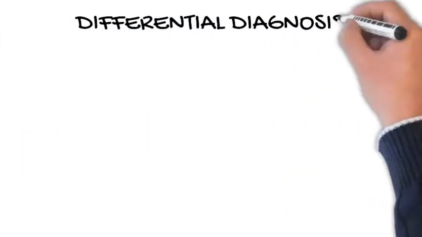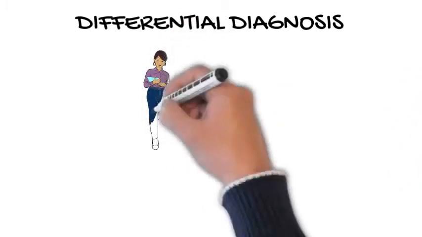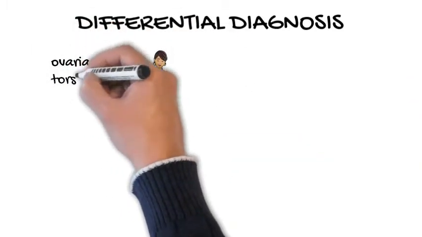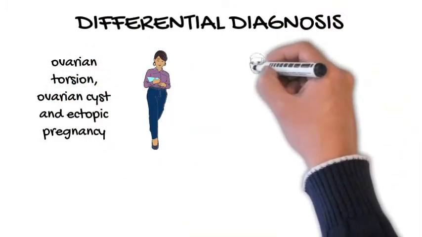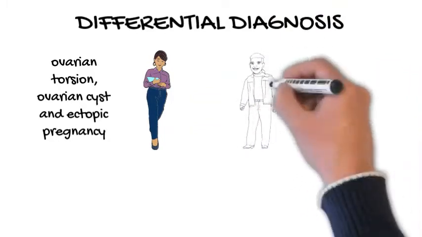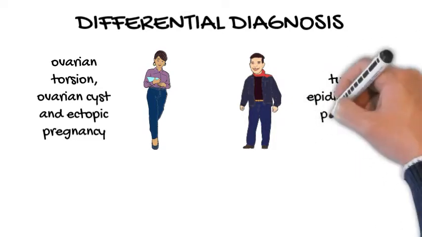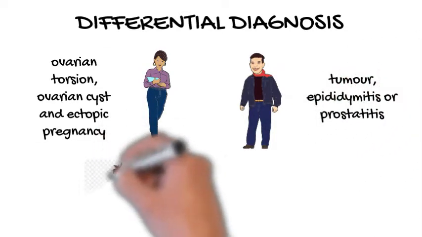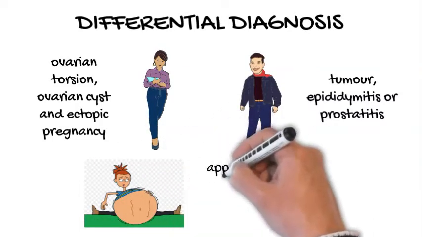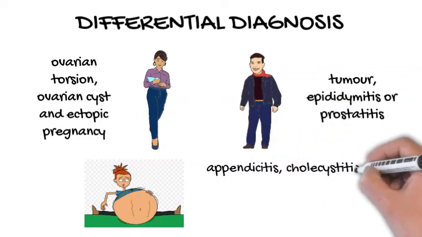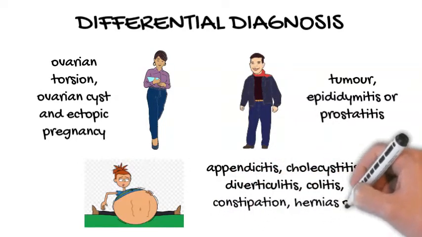Differential diagnosis. Symptoms similar to those of renal colic can be caused by non-calculous conditions. In women, gynecologic processes that must be considered include ovarian torsion, ovarian cyst and ectopic pregnancy. In men, symptoms of testicular processes, such as a tumor, epididymitis or prostatitis, may mimic the symptoms of distal ureteral stones. Other general causes of abdominal pain, such as appendicitis, cholecystitis, diverticulitis, colitis, constipation, hernias or even arterial aneurysms, may